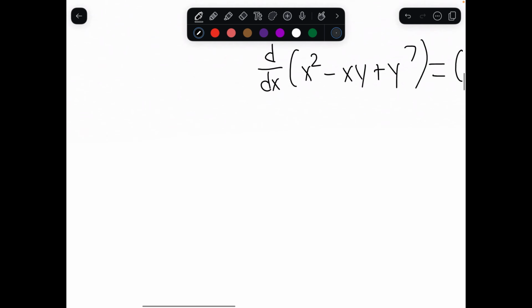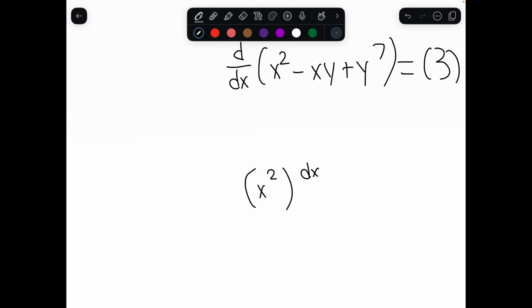If we take the derivative of x squared, dx over dx just simplifies to 1, because these cancel. So you can just take it normally using the power rule. That would be 2x minus